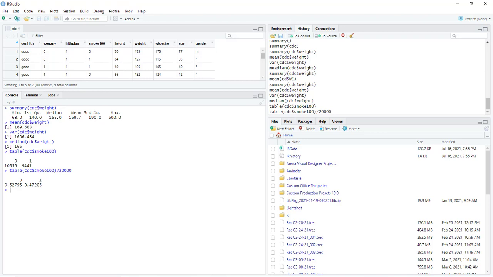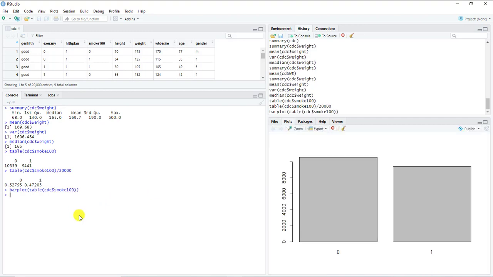So by putting the table inside the barplot command, type barplot, and now type the table command, and now add the table name, put a dollar sign and select the column name, that is smart100, and press the enter key, and on the right hand side you can see